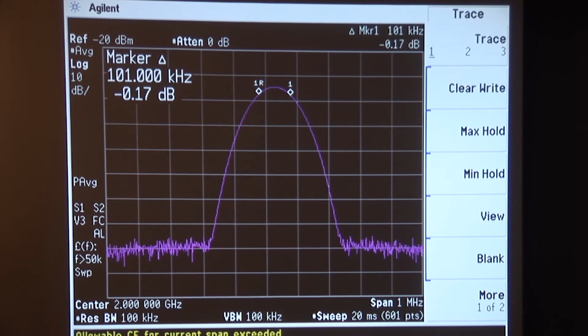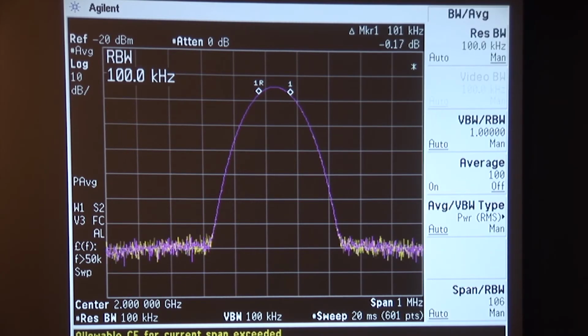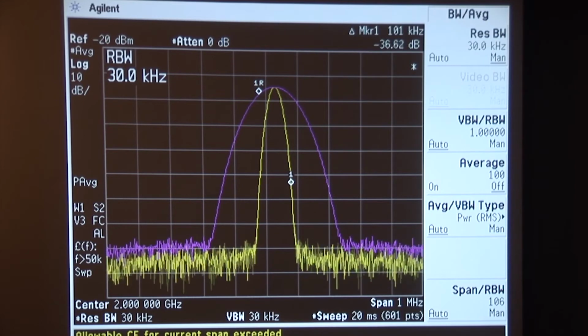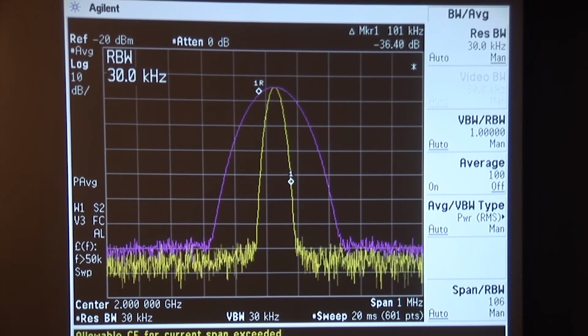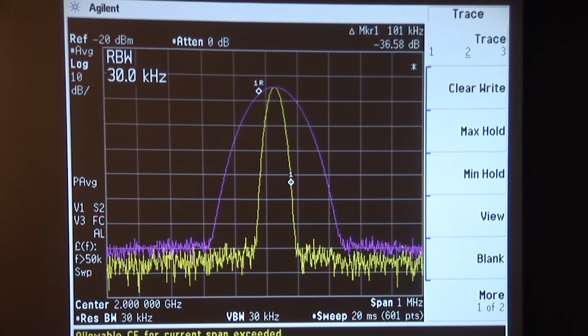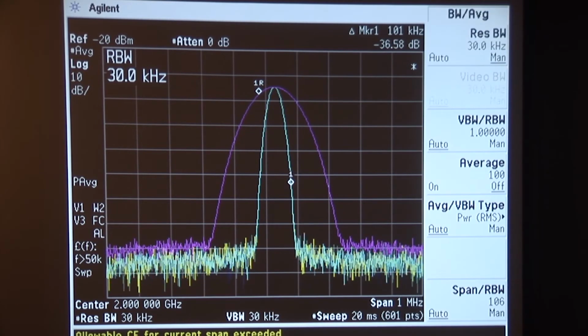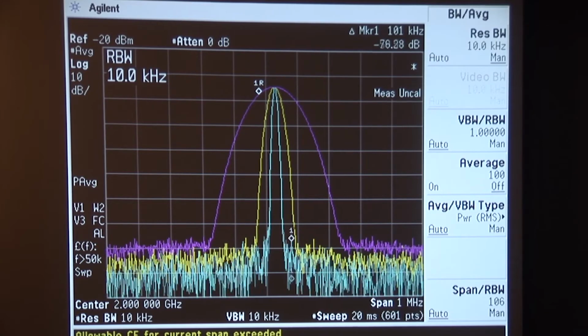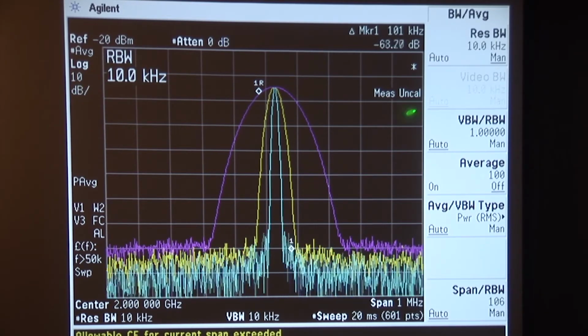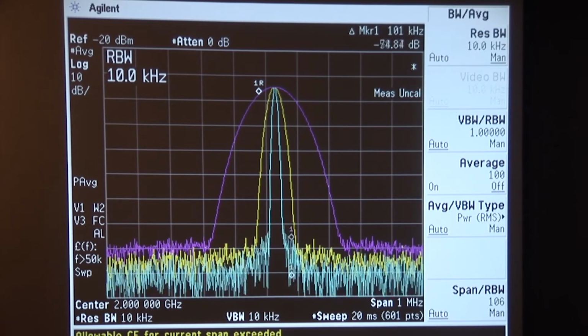We'll go to trace 1, clear right, bandwidth, reduce it down to 30 kilohertz. We see the same pattern developing. We'll say trace view. Now we'll go to trace 2, clear right, bring the bandwidth down even further. Now, at this point, we're down to a 10 kilohertz resolution bandwidth, and we just had a MEAS UNCAL indication